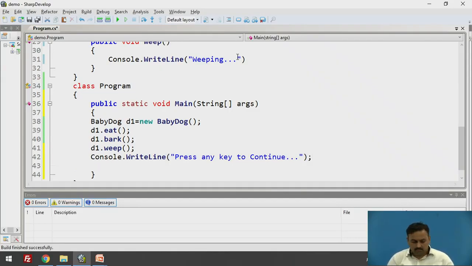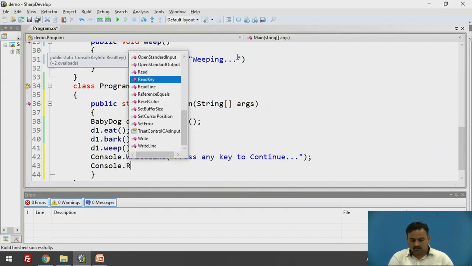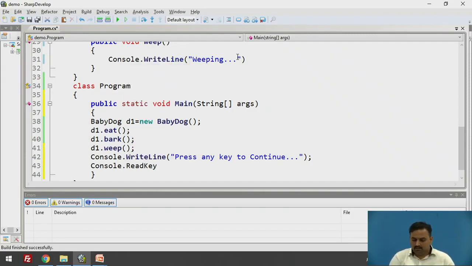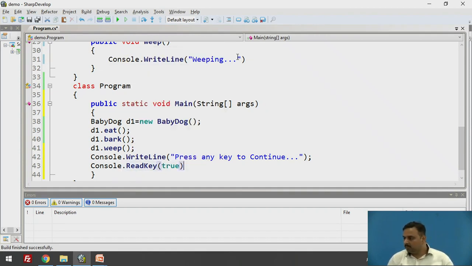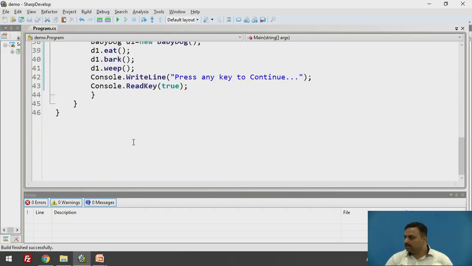Then Console.ReadKey, then obviously true. So in that fashion we can access it here.